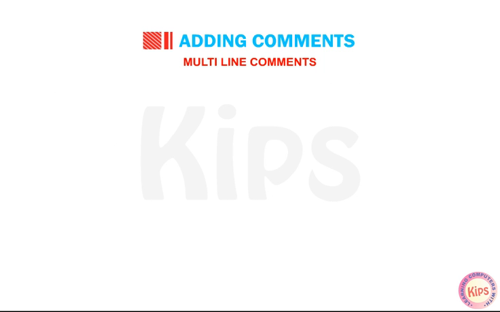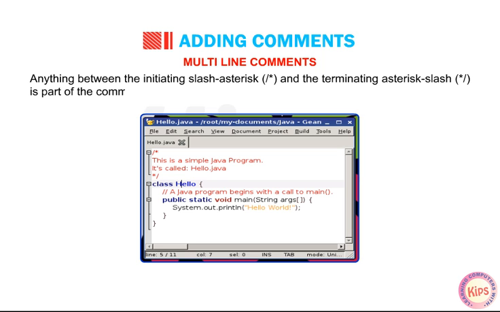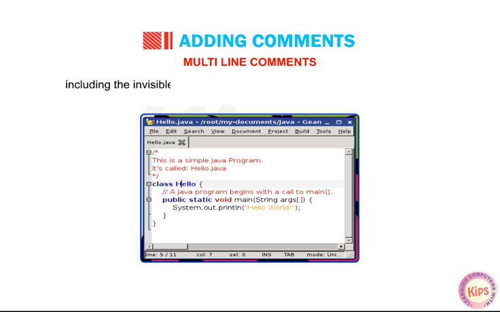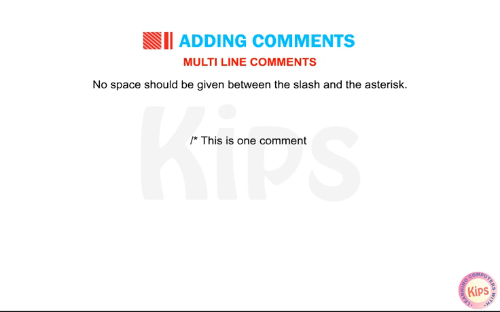Multi-line comments. Anything between the initiating /* and the terminating */ is part of the comment, including the invisible newline character that represents the end of a line. Therefore, this type of comment can extend over multiple lines. No space should be given between the / and the asterisk. /* This is one comment that spans several lines. */